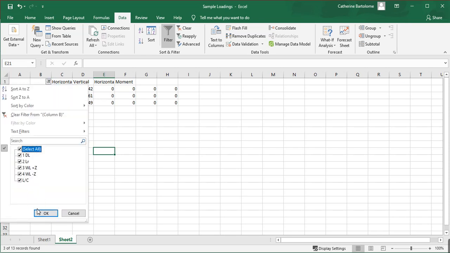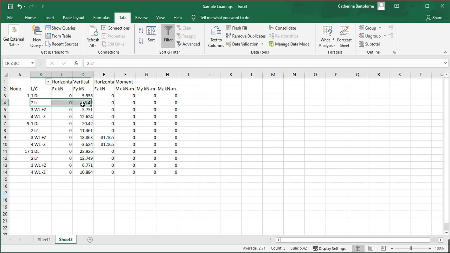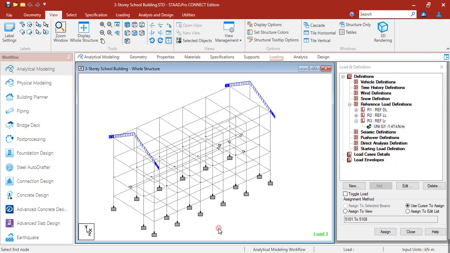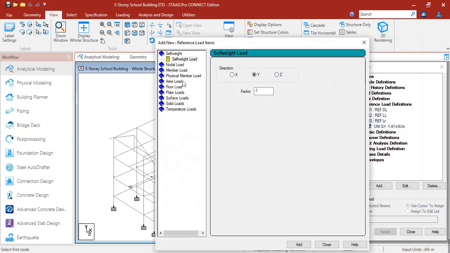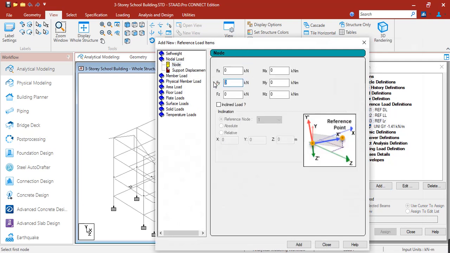These are now the vertical values for node 1, node 9, and node 17. For node 9, this is 11.461. So let's click add nodal load negative 11.461.